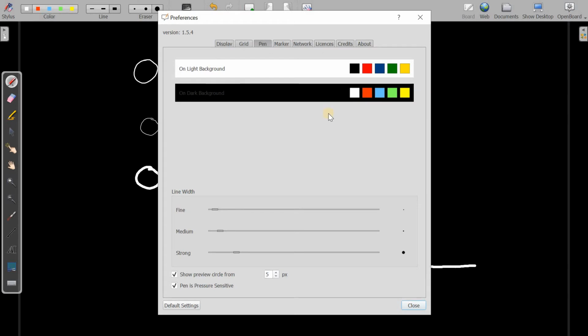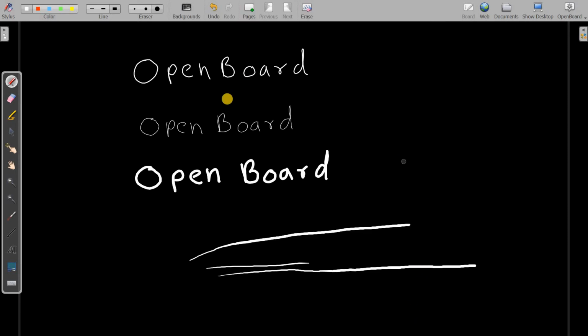If you go to preference, you can even adjust the thickness settings, which are easily available here, but inside you have to make an arrangement. You have to check by yourself. I like this, so I kept this. And similarly, I don't like pressure sensitivity, so I disabled it. That way you can do.